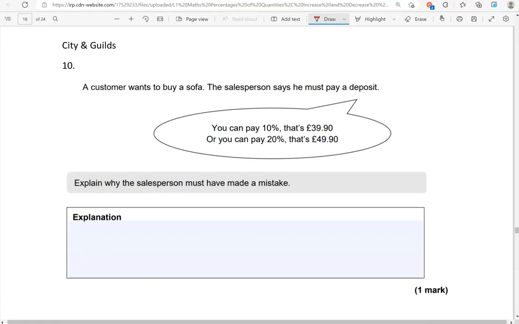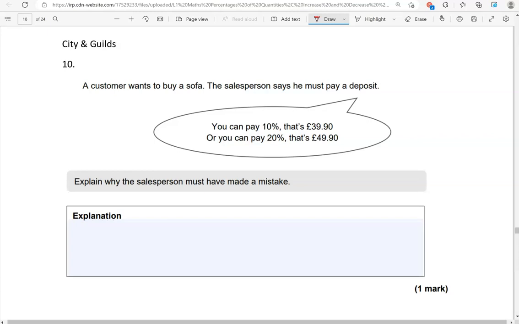A customer wants to buy a sofa. The salesperson says he must pay a deposit. You can pay 10%, that's £39.90, or you can pay 20%, that's £49.90. Explain why the salesperson must have made a mistake. We know that the 20% amount is double the 10% amount. But if you check, £49.90 is not double £39.90. So we'll need to say that the 20%